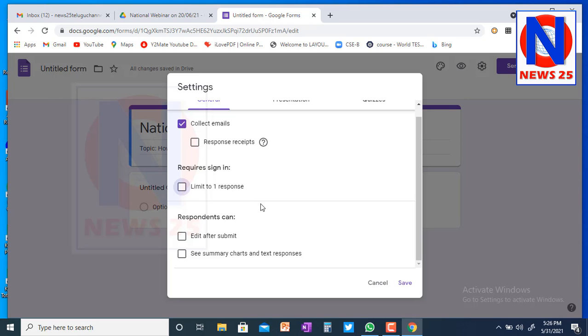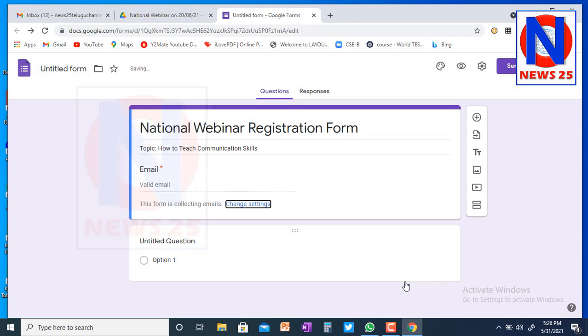I have disabled this one, but when you are preparing your own, you have to click on it. So remember it. Save it. Now the email ID column came.